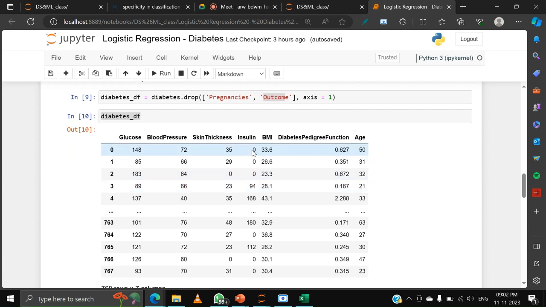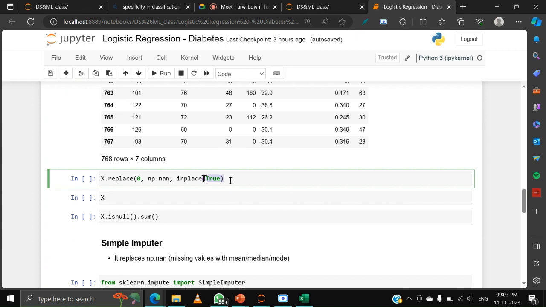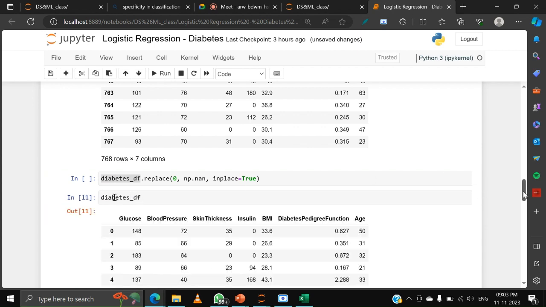NaN values mean the empty values, but in our data set the empty values are replaced with zeros. So first of all we have to replace these zeros with NaN values. For that I am using diabetes_df.replace to replace zeros with np.nan, then inplace equal to True. That means we are altering the actual data set. Now when you execute this,